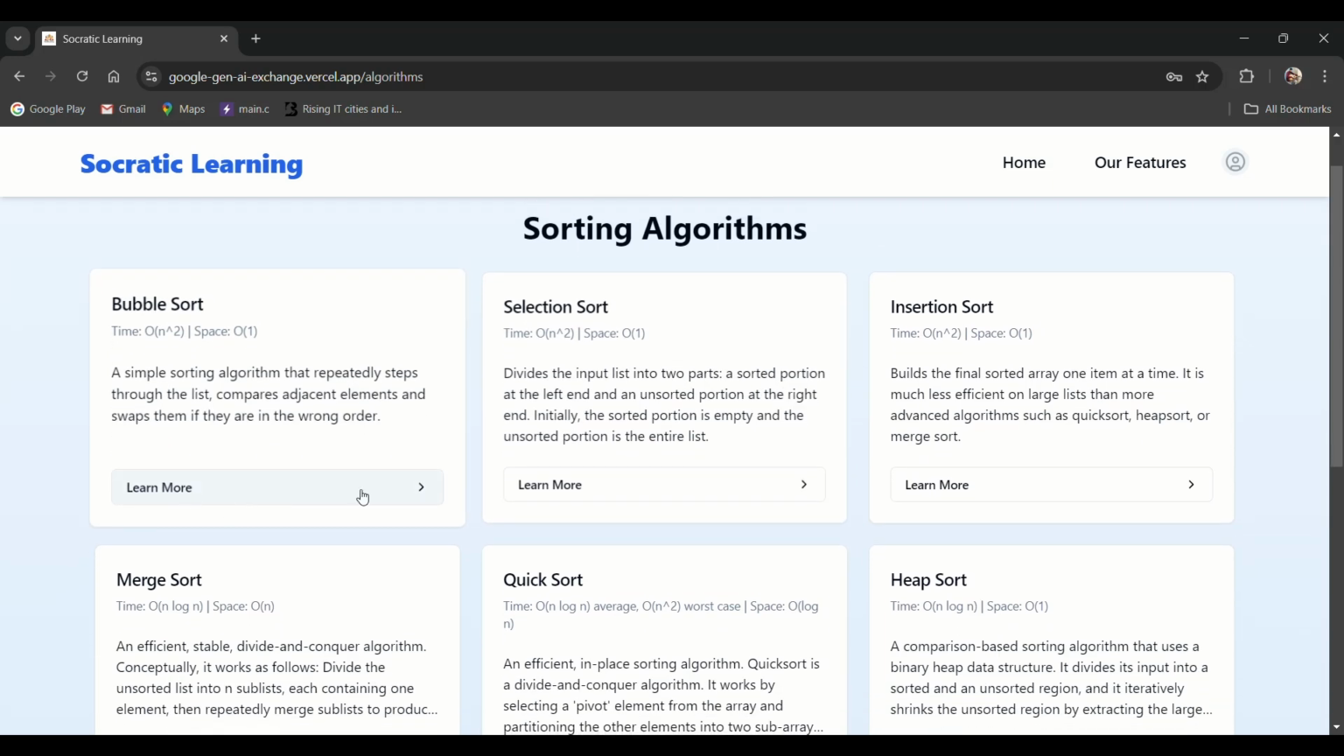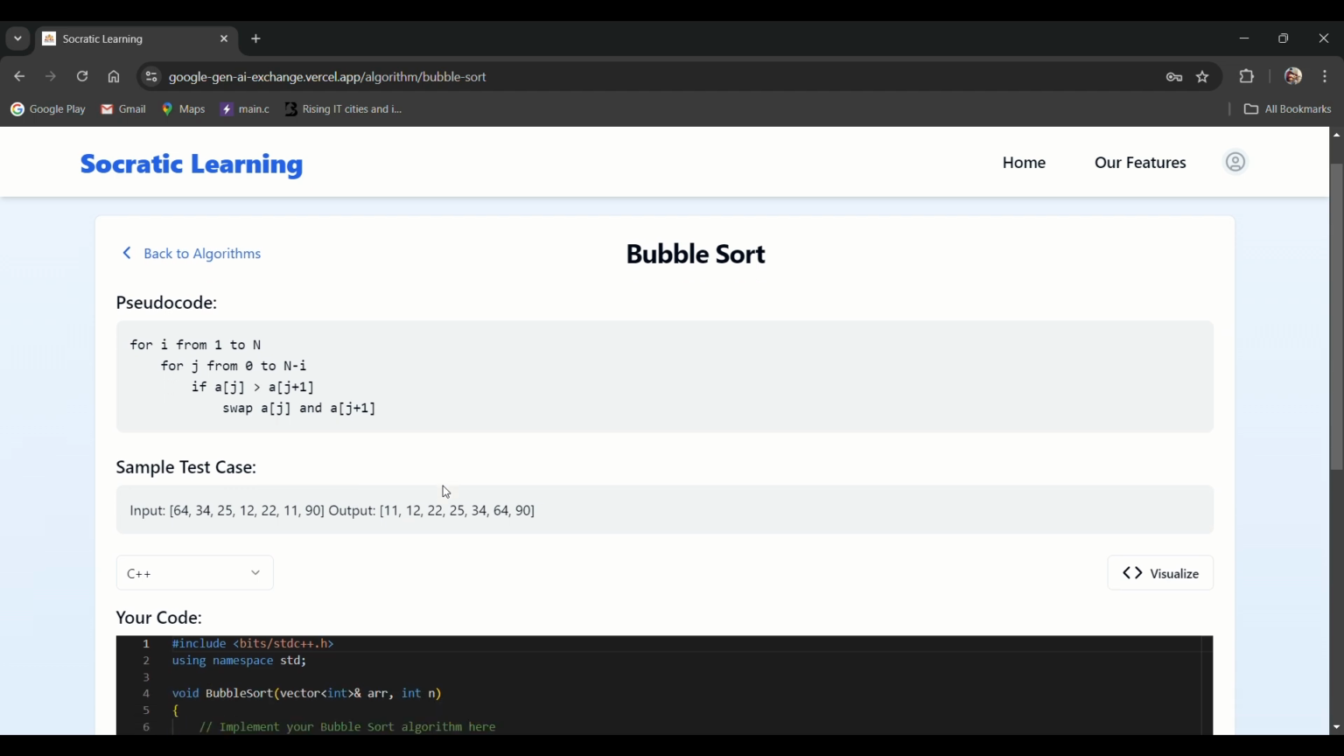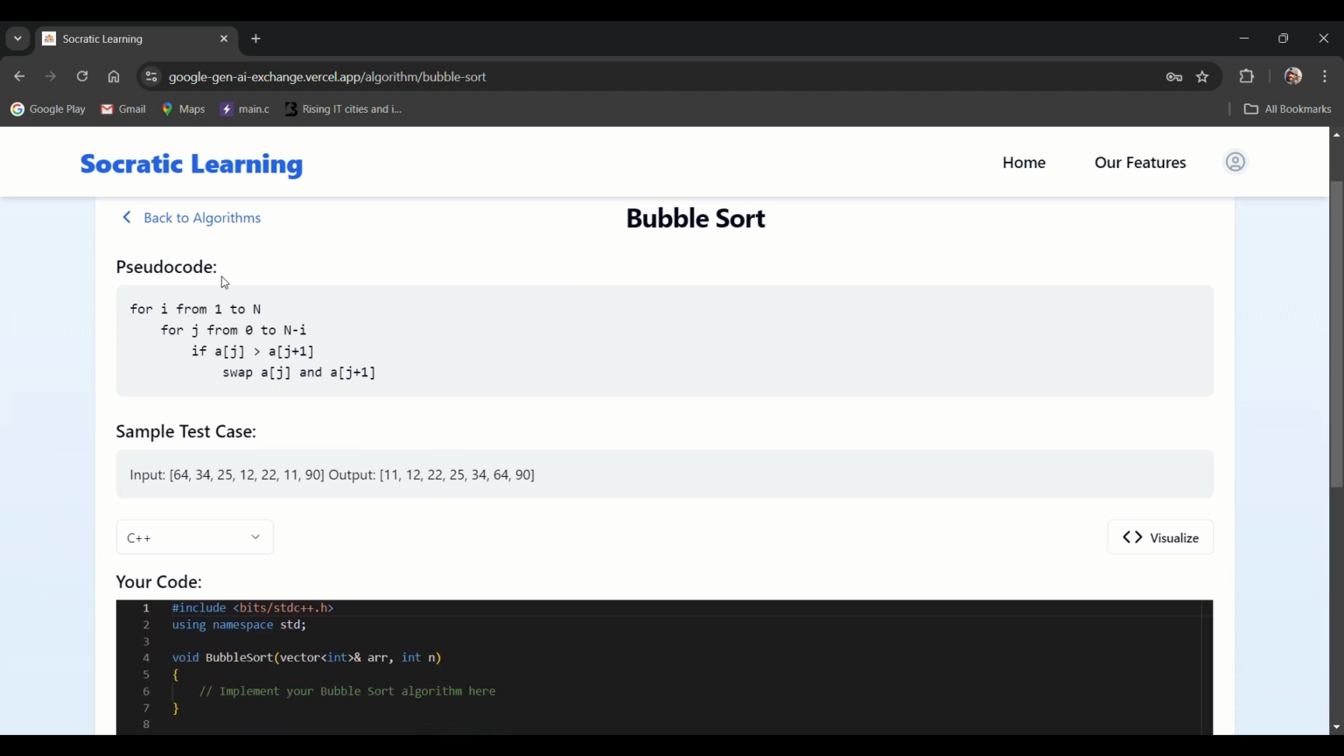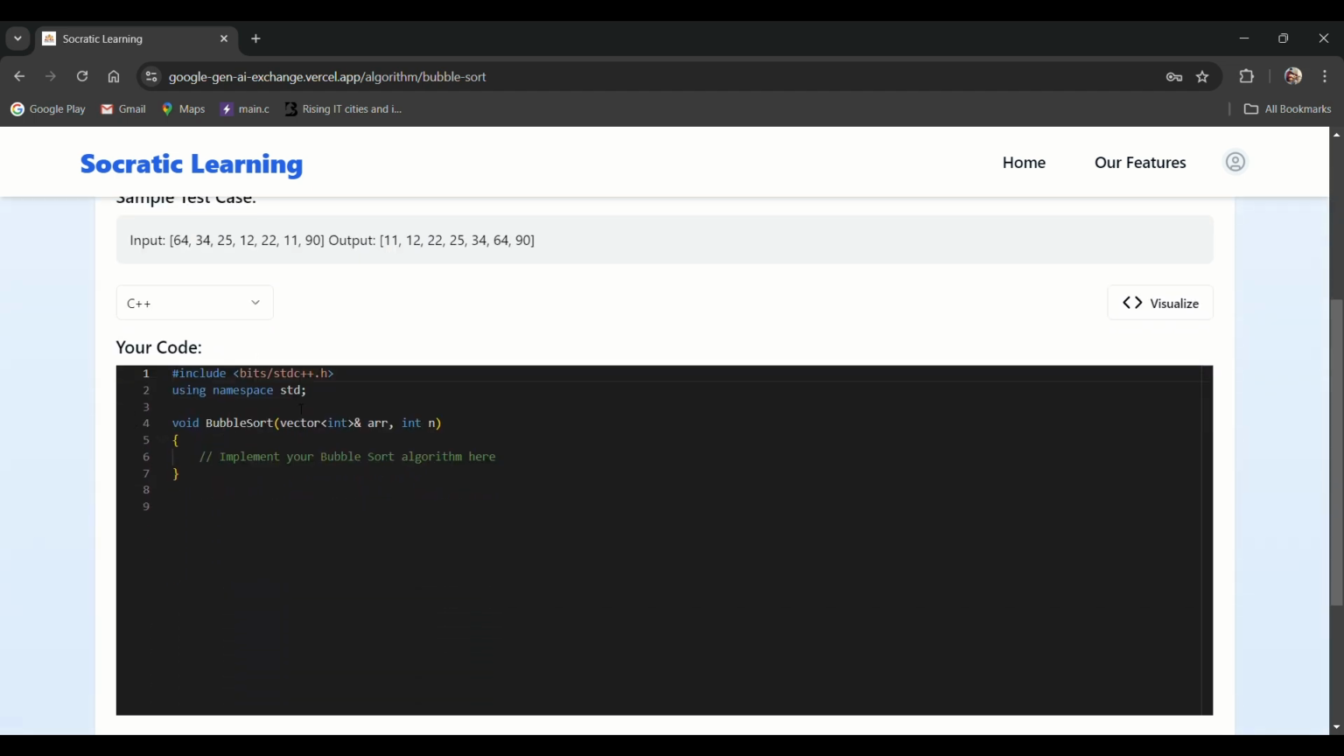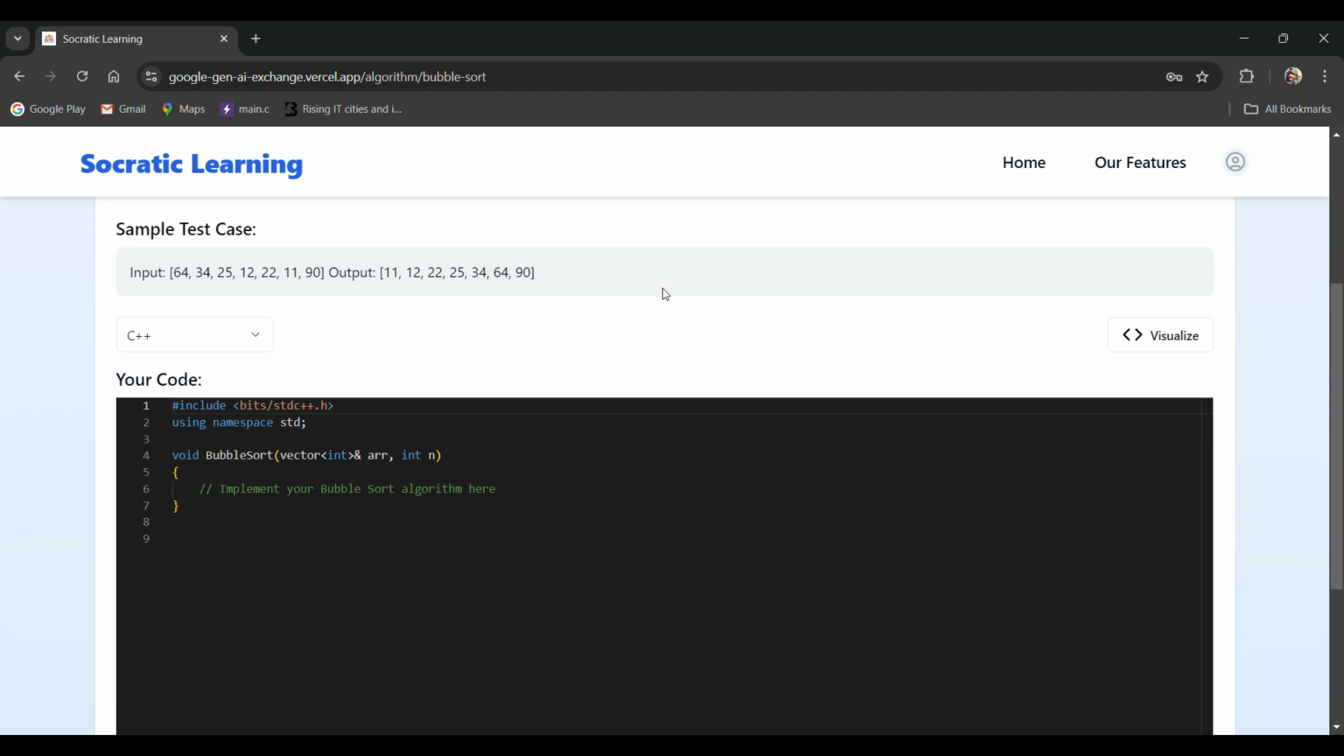Let's take the bubble sort algorithm. These are the details which we have provided: pseudocode and a sample test case. From here, students can go to the code editor and do their coding. So let's come back